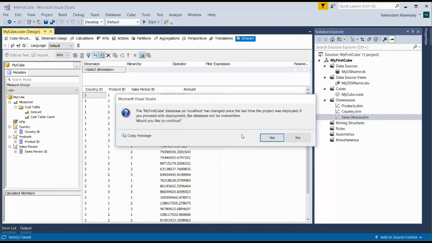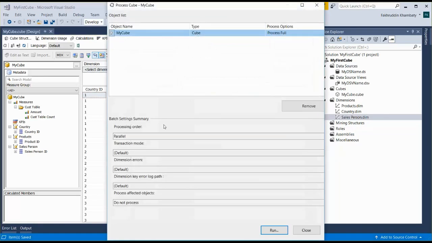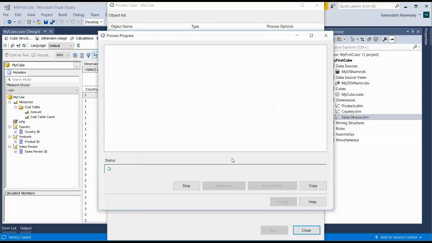I can just process the dimension. Remember, when we are working on the actual project, we don't process the cube when the dimensions are changed. So I'm processing the cube again just for this one because it's a tiny example.